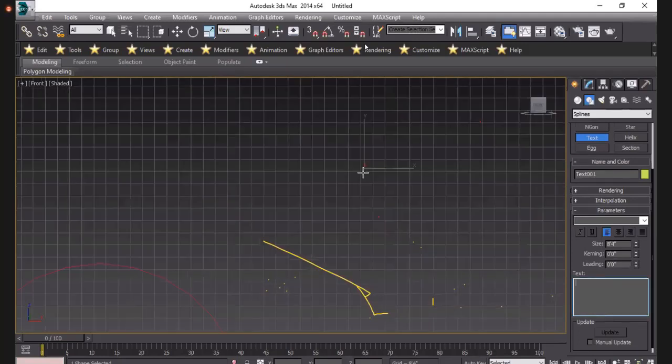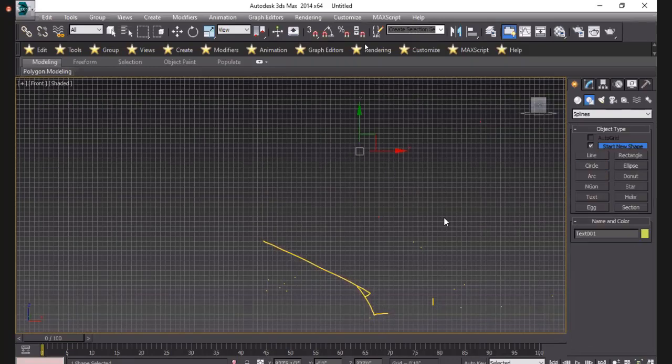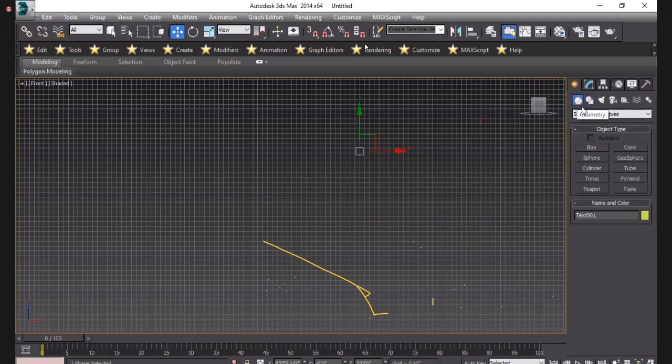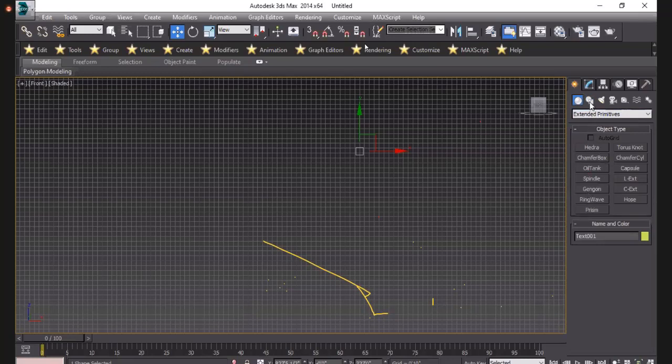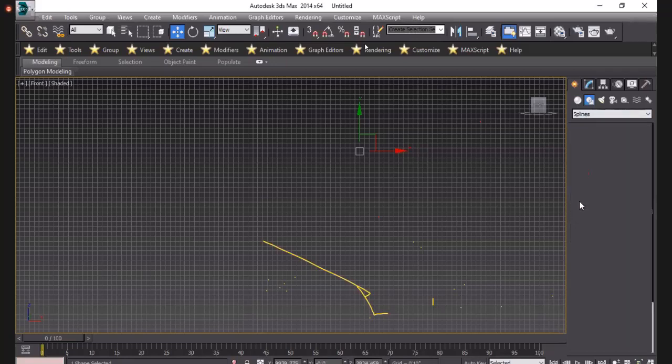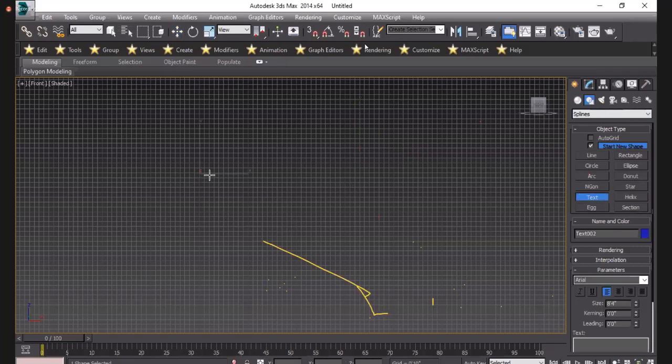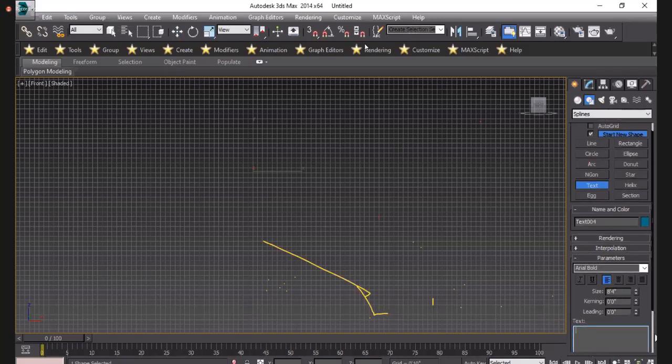Go in geometry, sorry, in extended primitives, and you have the text option here. So just simply one click and type here what you want in the command panel.